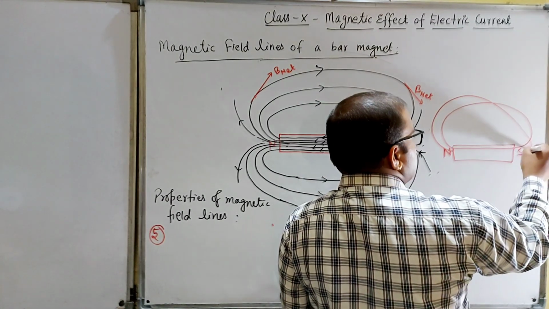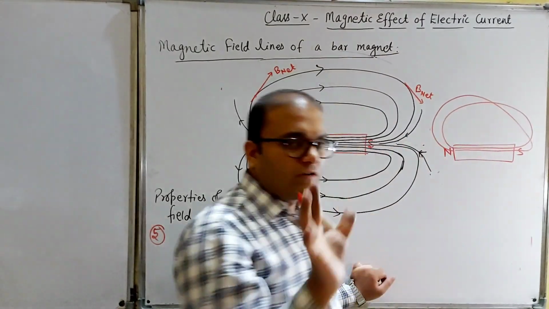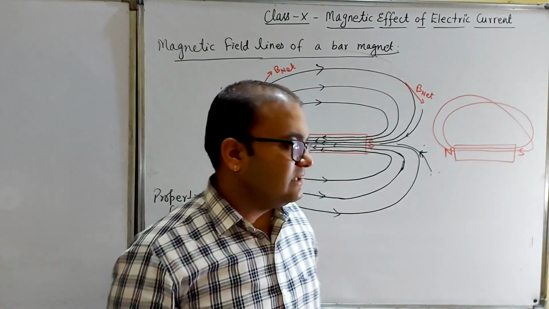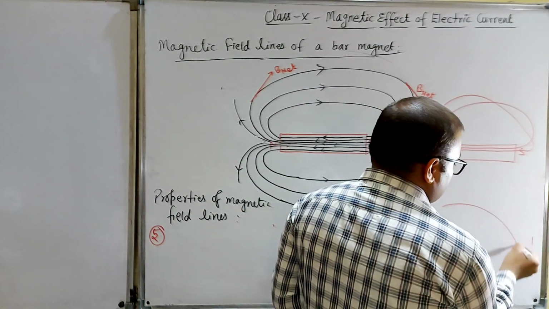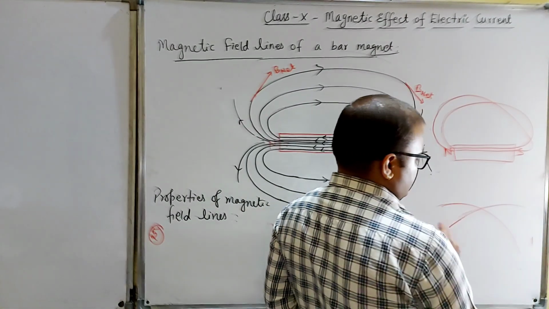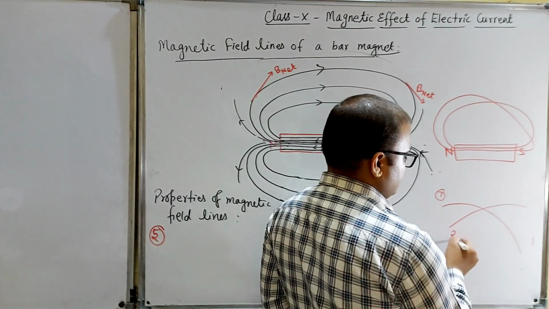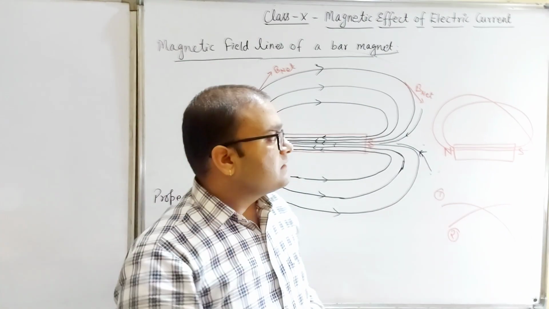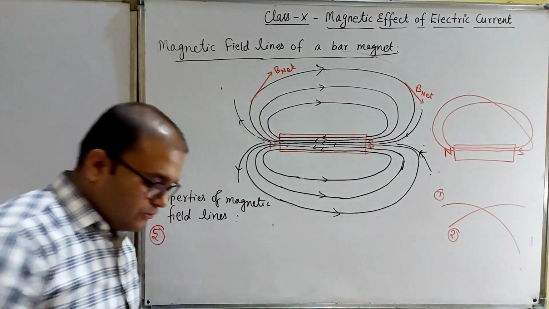Suppose this is my second magnetic field line. This is wrong, but considering that two magnetic field lines are intersecting each other, we can represent it like this. Suppose this is the first magnetic field line, this is the second magnetic field line. Two magnetic field lines are intersecting each other. Then what will happen? You can see here,